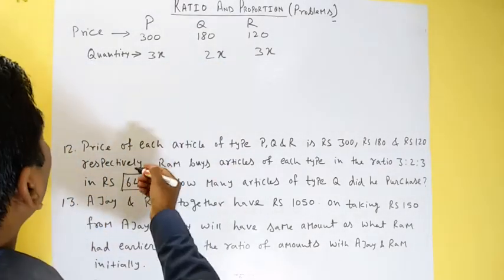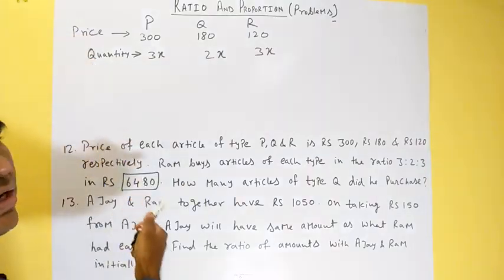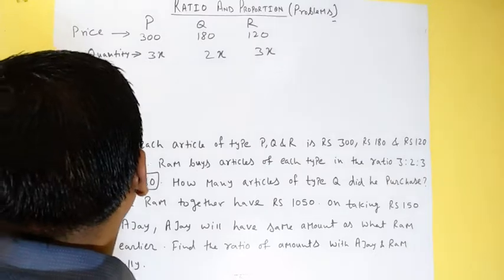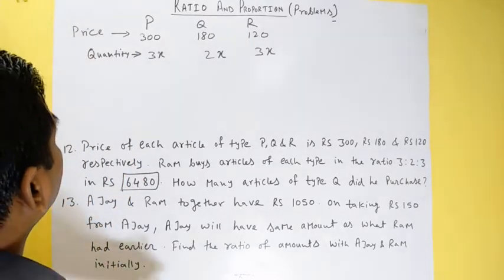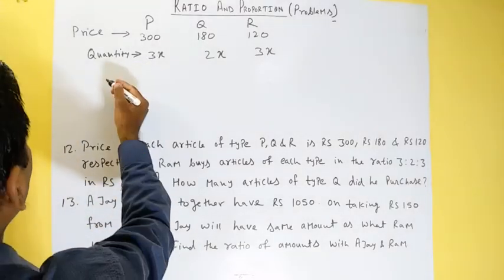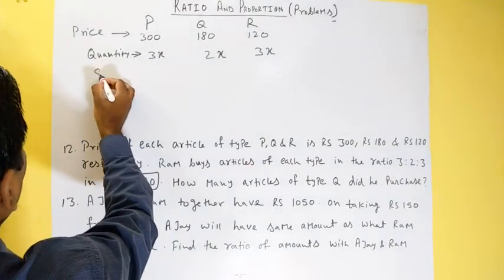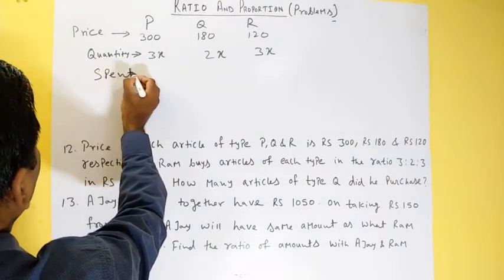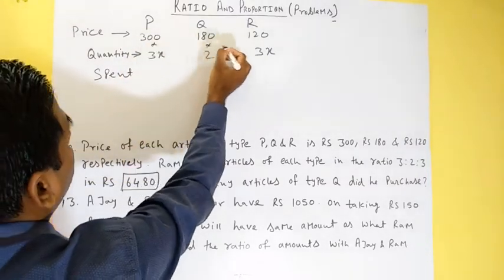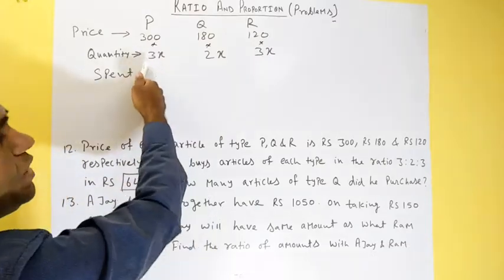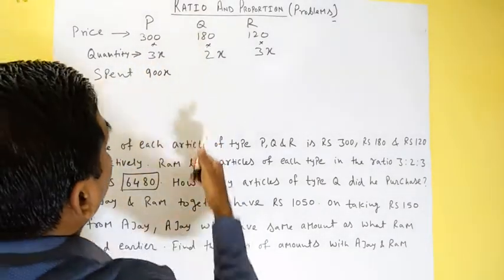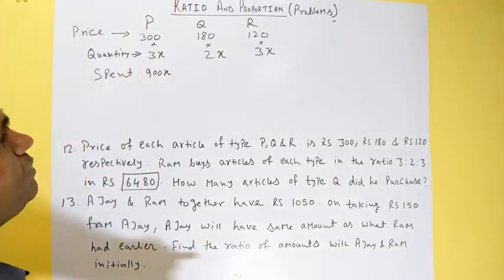So now if you see, friends, price and quantity, if we multiply these two, what do we get? We get how much money, like for 3x, how much money Ram has spent, isn't it? So we can say here, spend. So this will become 3, I'll just write multiplication symbol here. 300 into 3 will become 900x. 180 into 2 will become